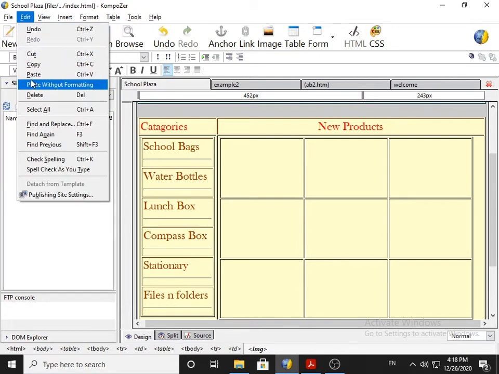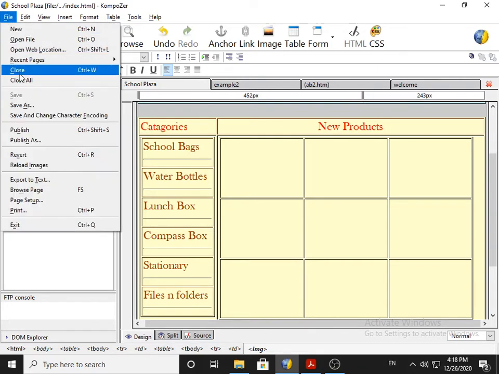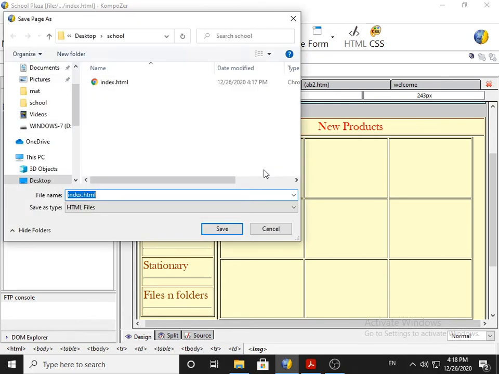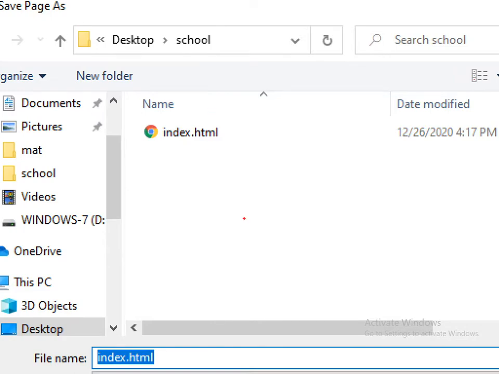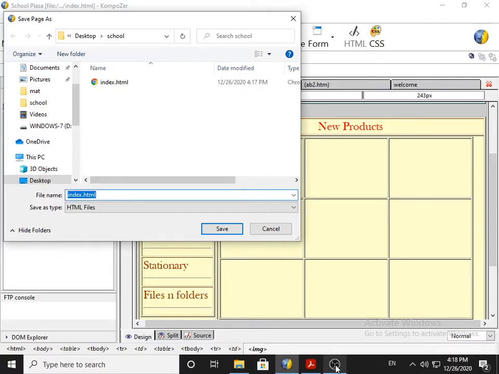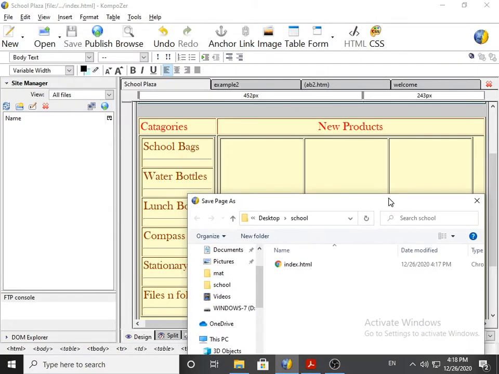it asks for the name of the file. As you can see right now, index.html is already there. Now I will give the name of the file as the first category, that is school bags.